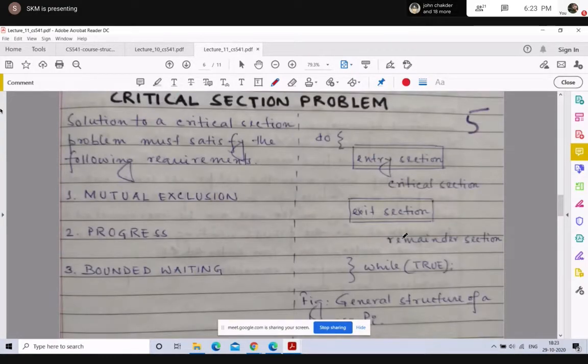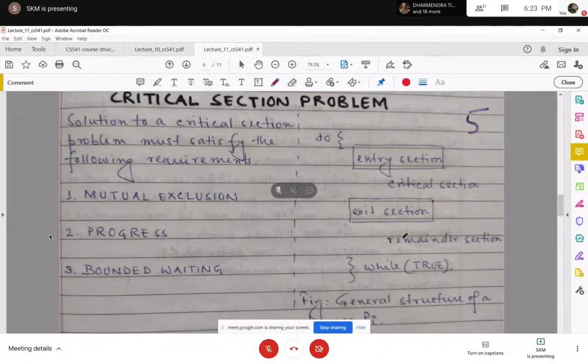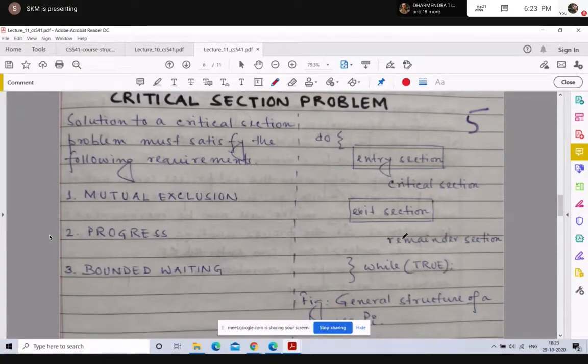So I move to slide number 5. Here in this slide, we try to define the solution to the critical section problem. The critical section problem is basically that multiple processes are trying to use a shared variable or a section of the code where we have shared variables. If all of them use that shared variable at the same time, it will lead to some discrepancy. So the concept is that all processes cannot use it at the same point of time. If one is using it, all others have to wait.